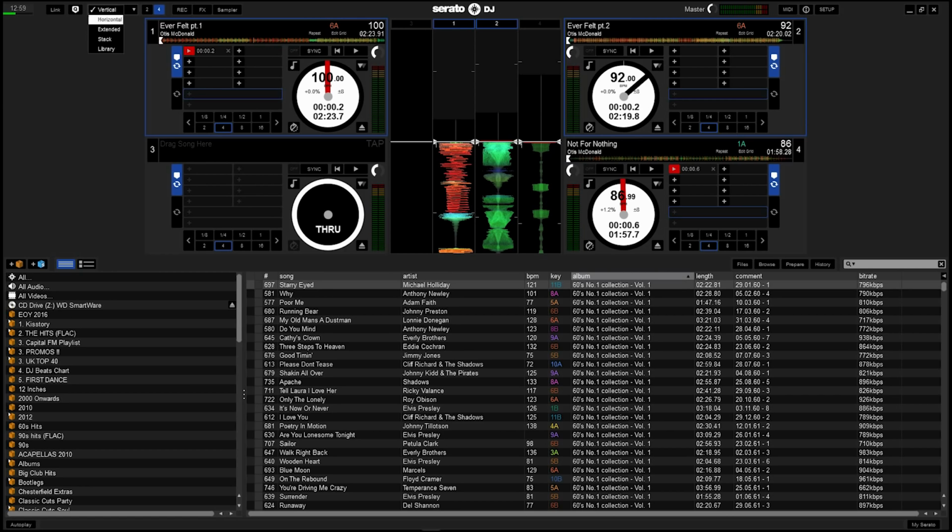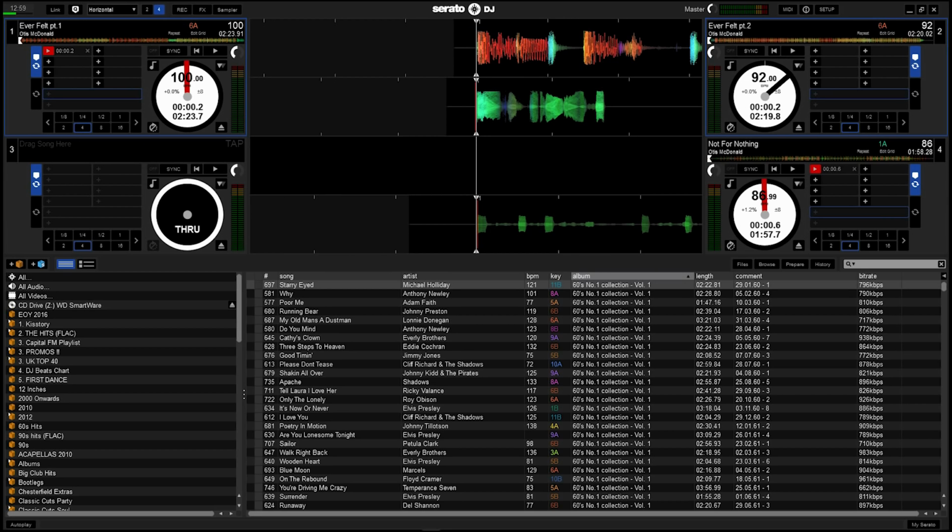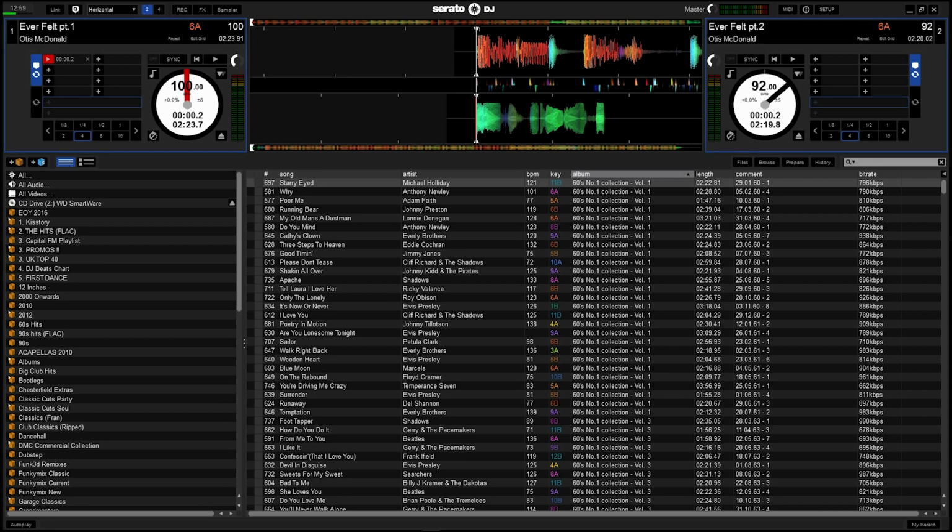I personally use the horizontal view because I find it more comfortable, and I use it on 2 deck. If I need to, when I switch onto deck 4, for example, it will switch the view to deck 4 on the screen anyway. So I don't see an issue with using it in 2 deck mode and switching between the decks that are playing via the controller. Now,